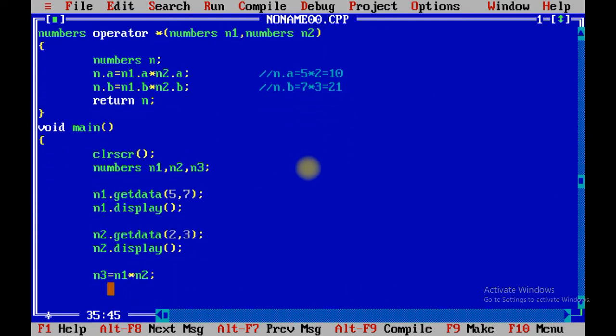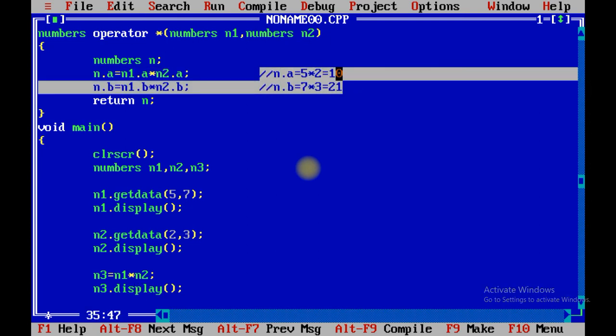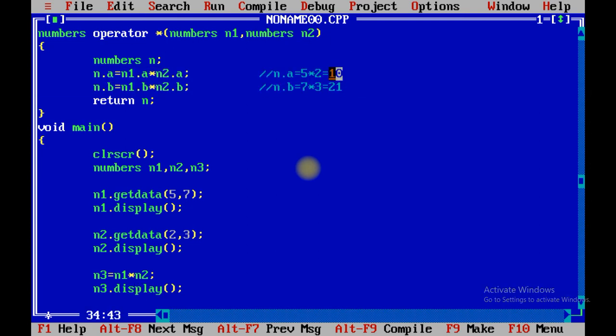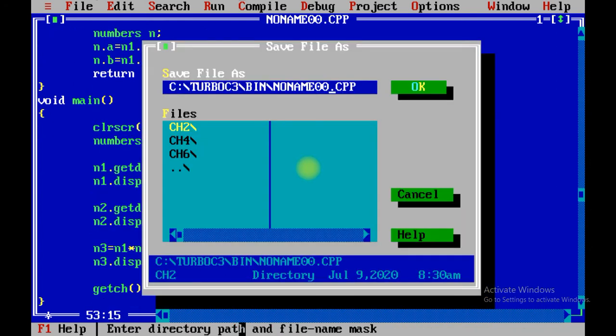Now I am going to print n3 dot display. So this line will print these two values, that is the value of a is 10 and the value of b is 21. Let me save the program first.